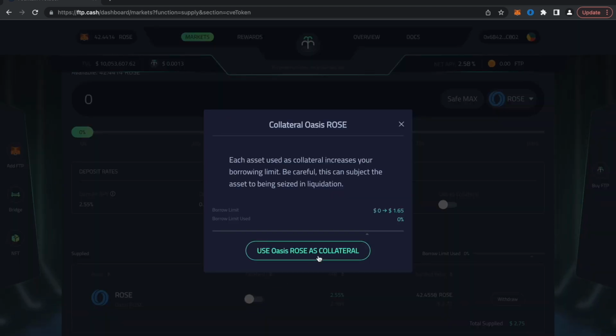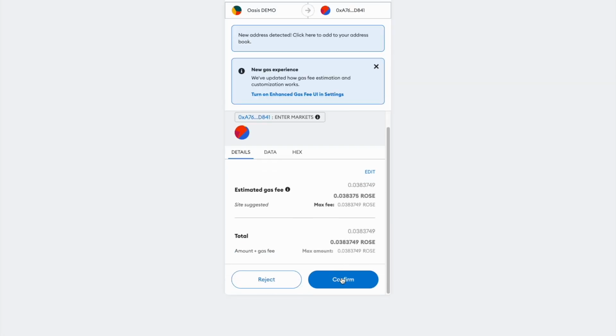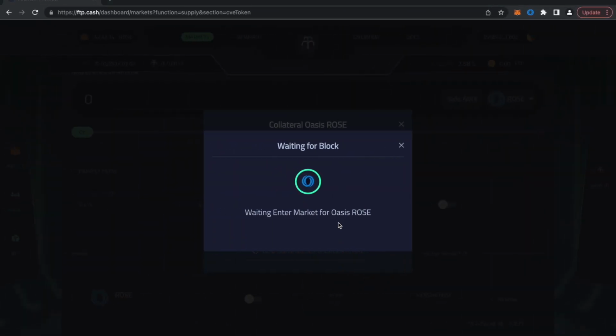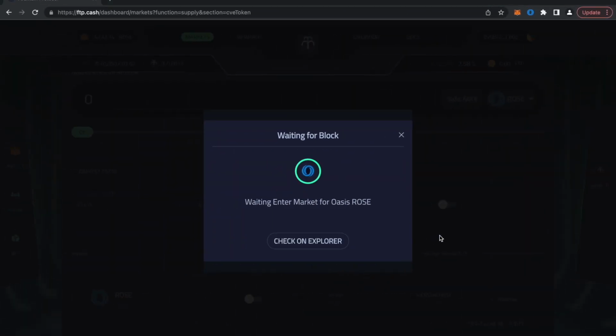Now, if you have a larger amount, right, you would like maybe to borrow against these assets, right? So you can say use Oasis ROSE as collateral, right? So you will have to confirm again the transaction to be able to use that as collateral, right? So I'm again now waiting for transaction to be successfully completed, and once it's completed, I can start borrowing against